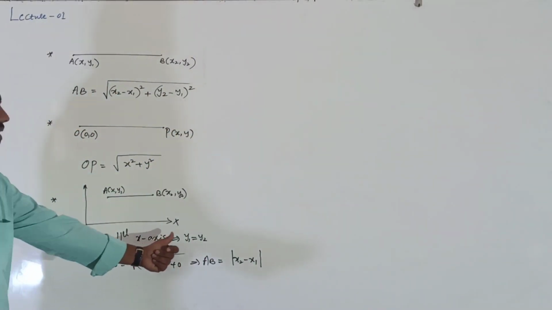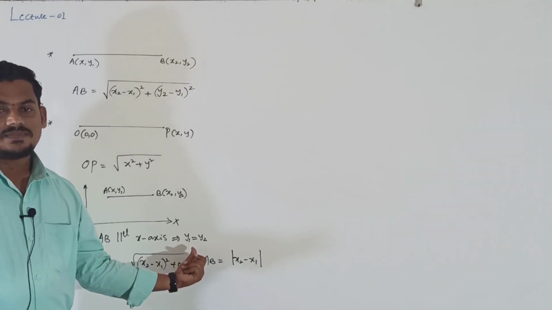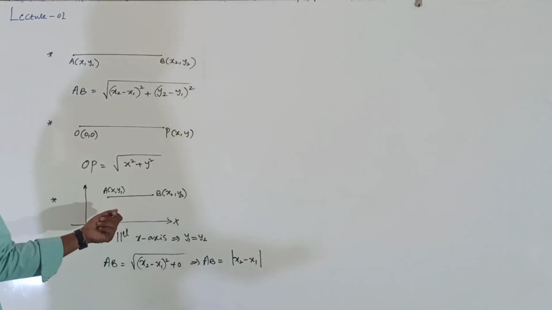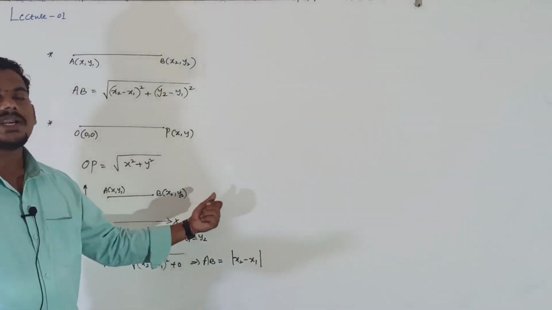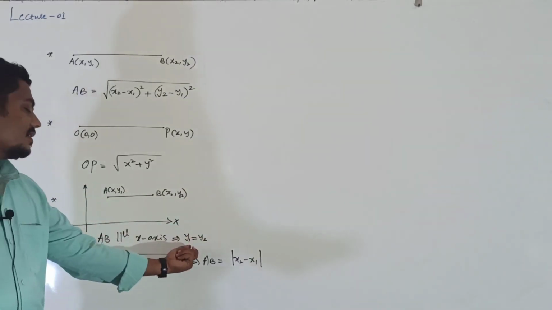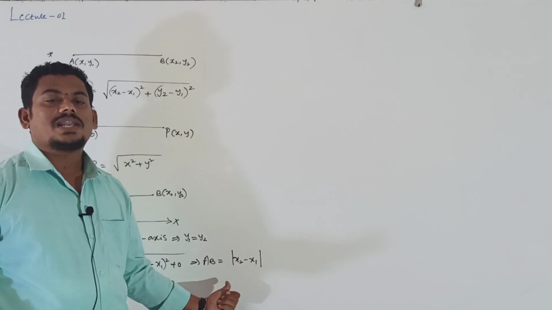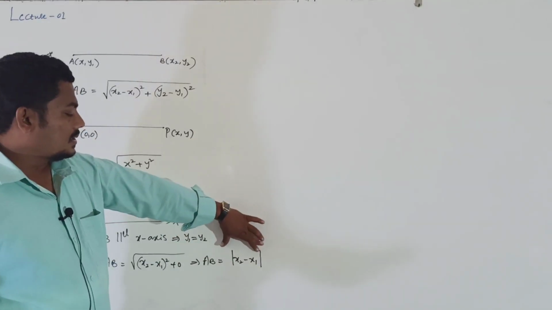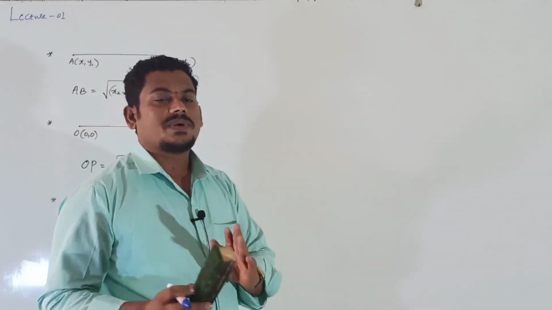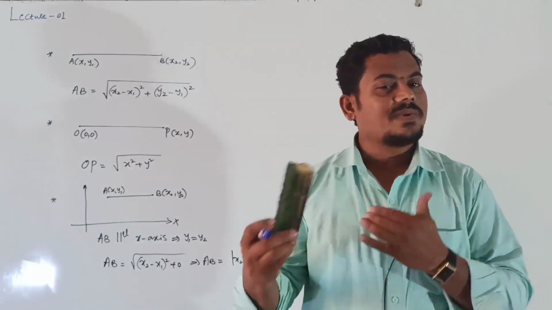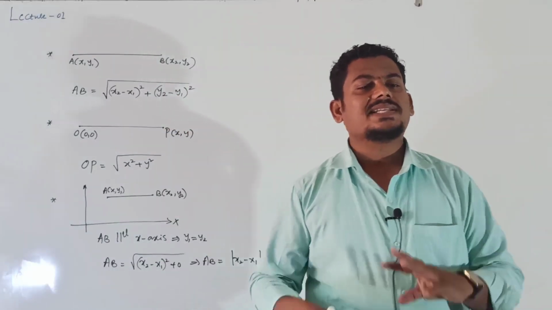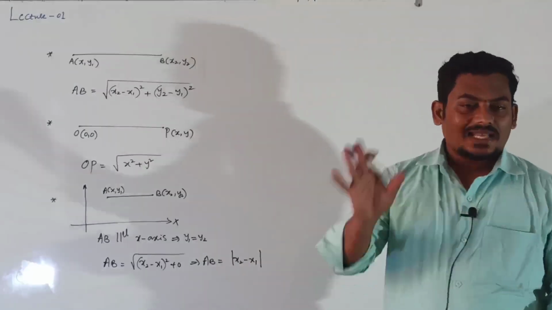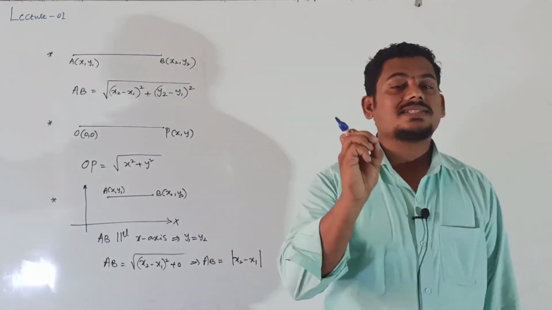When AB line is parallel to x axis, then y coordinates are same. Throughout this line, y coordinate is same only. Only x coordinate is changing, y coordinate remains same. So y1 equal to y2, hence distance between 2 points when AB line is parallel to x axis is modulus of x2 minus x1. This is the formula. Modulus sign, because distance is positive. Sometimes if you take x2 minus x1, it may be positive or negative, that depends on coordinates. For that reason consider modulus sign. If it is negative, then also consider positive value. Why? Because distance is positive.